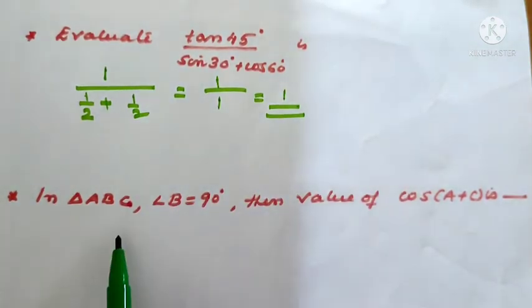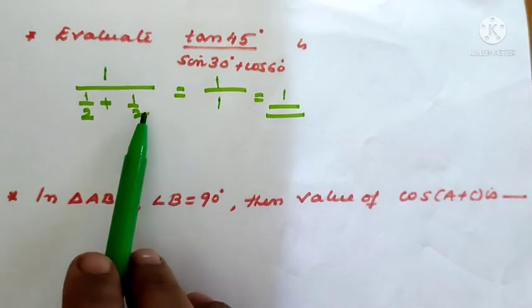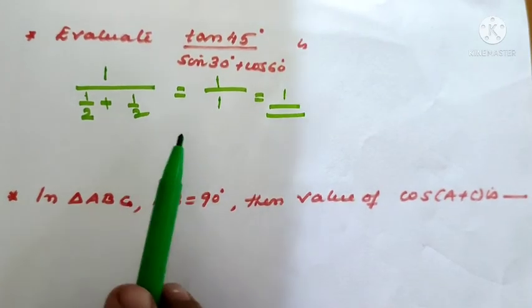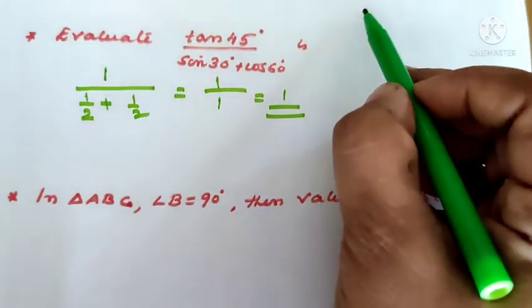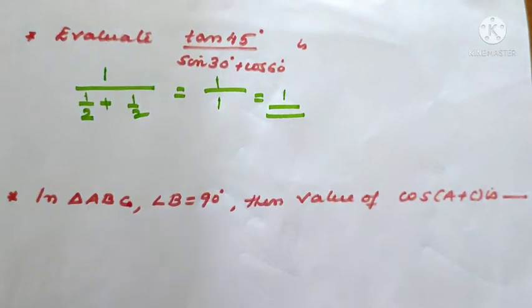Now in triangle ABC, so before this what I already told, that you should learn sine values first, then reciprocal if you take, that will be the cos value. Sine and cos if you know, then sine by cos is the tan value. So sine values if you learn thoroughly, we can go for all the values.